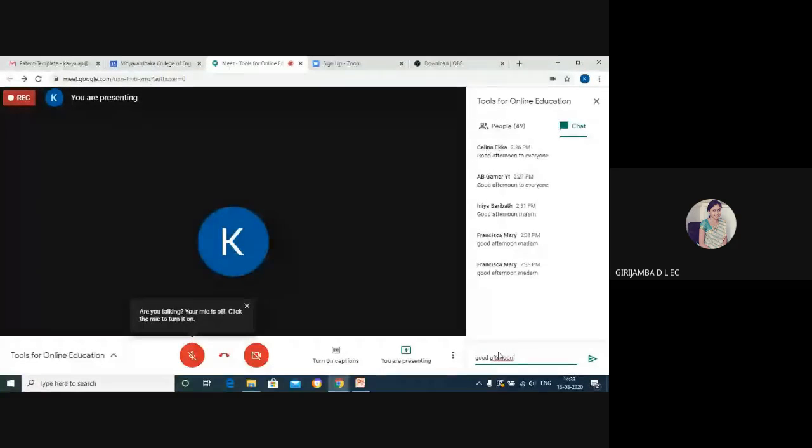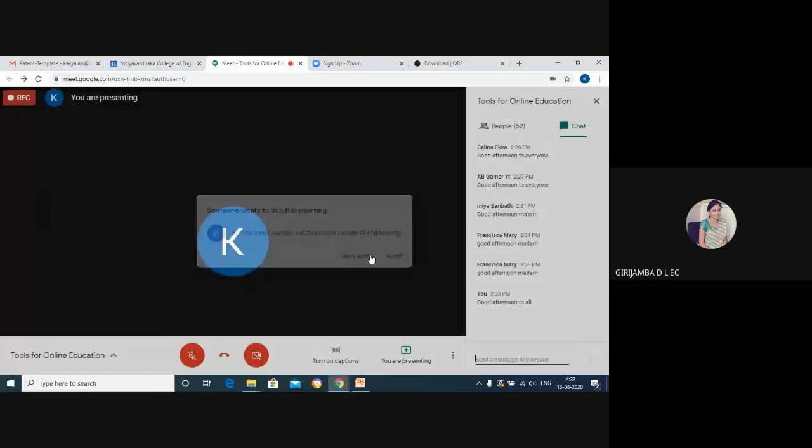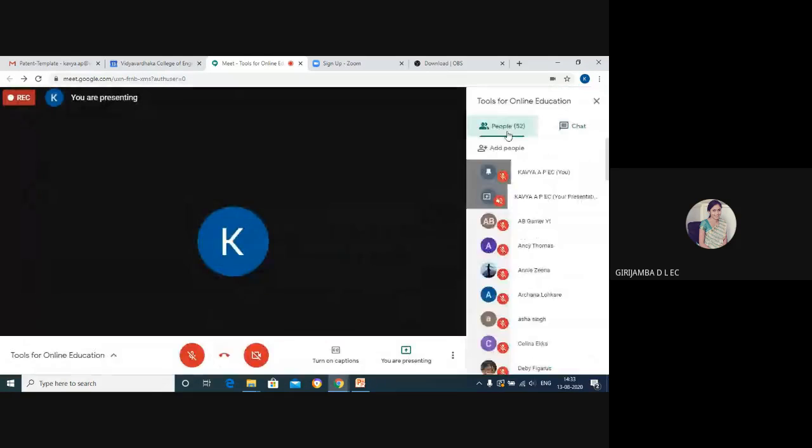Once your PPT or notes, that may be a Word file or PDF file, any file is ready, then you can start your recording using this Bandicam app. We'll see now how to use the Bandicam. First, you need to install the Bandicam. I will show the steps.